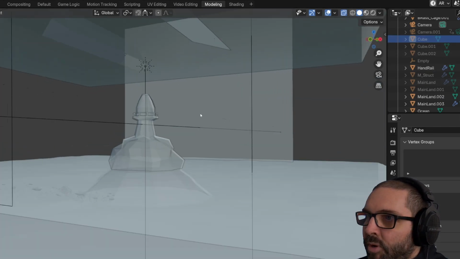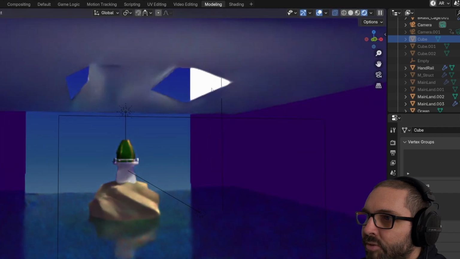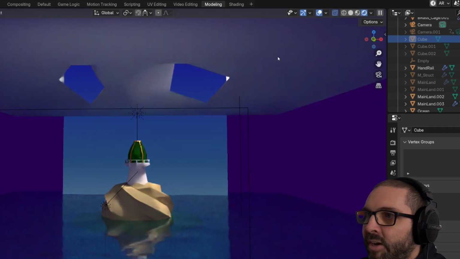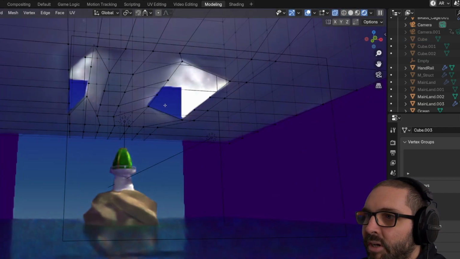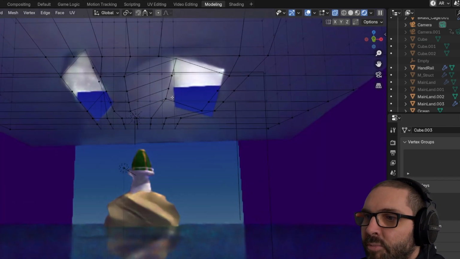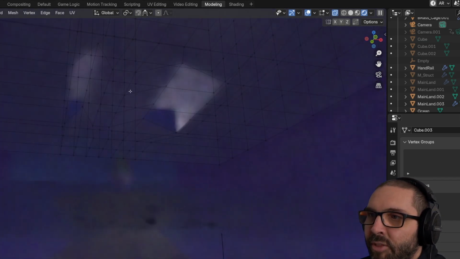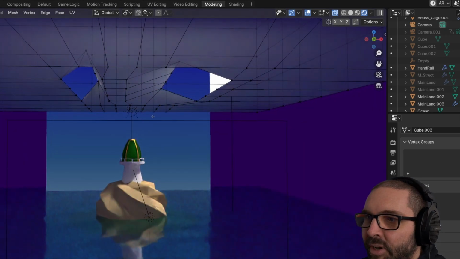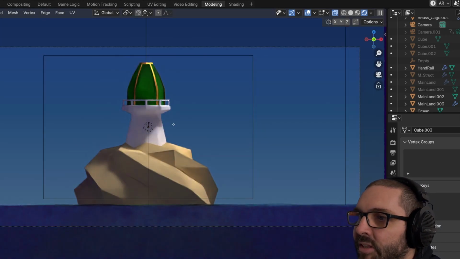Right, so what I've got here is just a box with these bits cut out, and it means that I can, anytime I like, fill up these faces to block out light, delete other faces to open up light. It's just blaring light in there. But the reason I did that is because